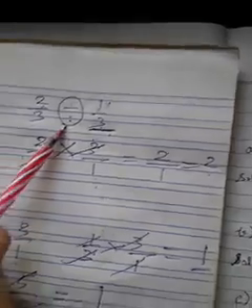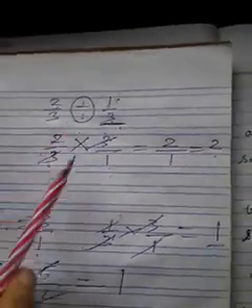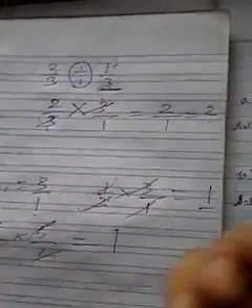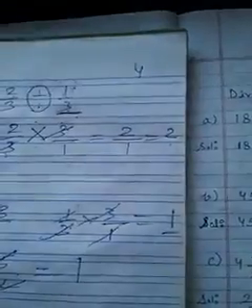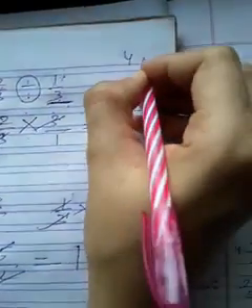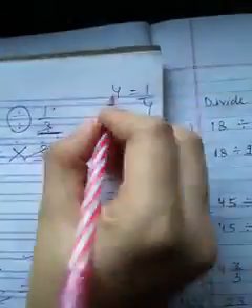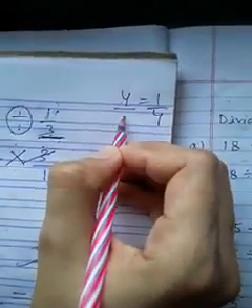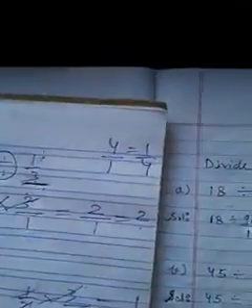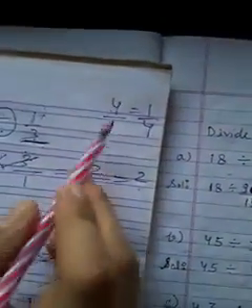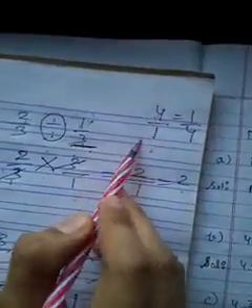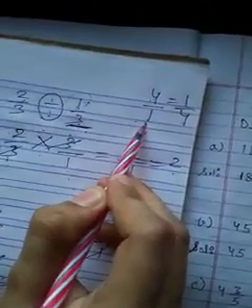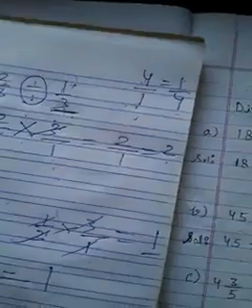Understood? So in case of division, first of all you have to change divide sign in multiplication sign, then the right side fraction you have to write in reciprocal. Okay, always. Suppose you are given 4, so what is the reciprocal of 4? 1 upon 4. Why? Because you know very well, if no denominator is here, you can consider 1 as the denominator. So 4 upon 1, what is the reciprocal of 4? It means 4 upon 1, and 4 upon 1 you have to change in its reciprocal form. So 1 upon 4 is the reciprocal of 4.